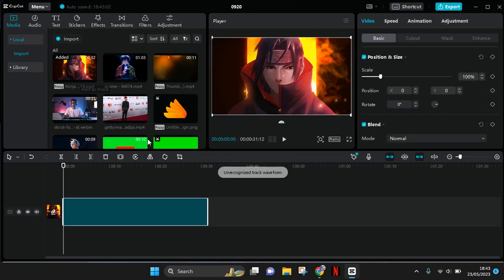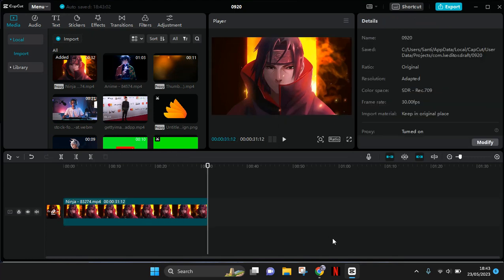Okay, so to change the frame rate, you need to first not click on the video. So I'm going to just click on the timeline in here, and then the details panel here will show up, and you can see now the current frame rate is 30. And if you want to change it, you can just click on modify in here,